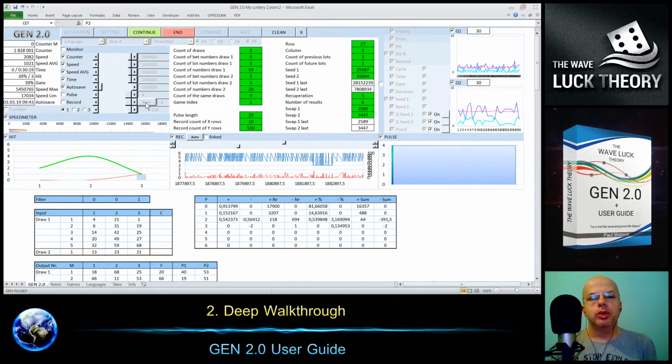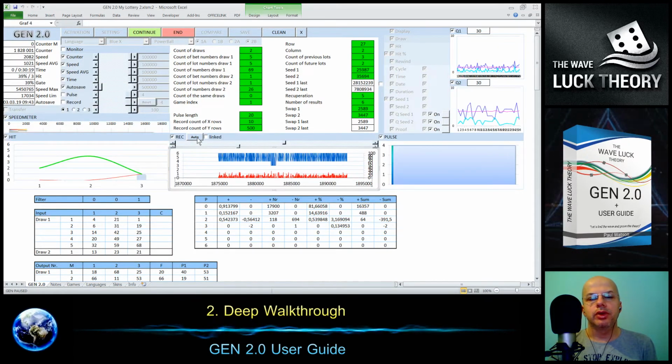And the last thing to show is that you can reset the generation right here. At this moment I'm not able to reset it, but I will see later how to reset this generation and the record function.